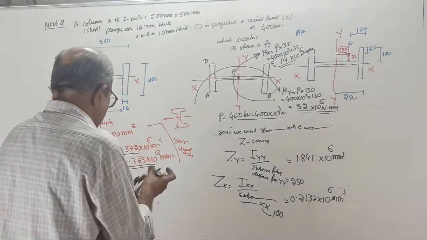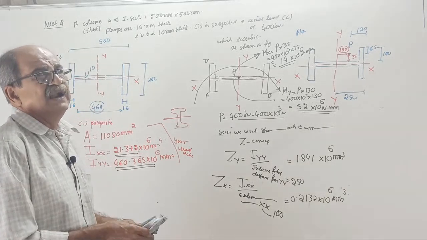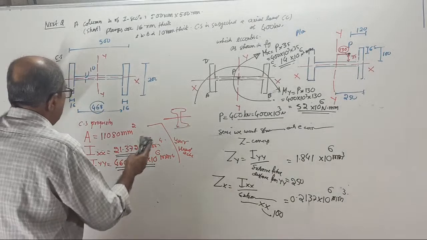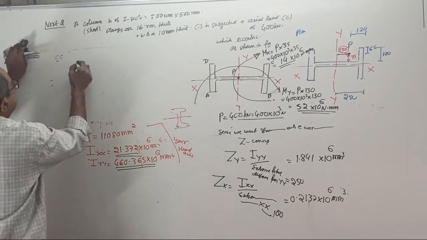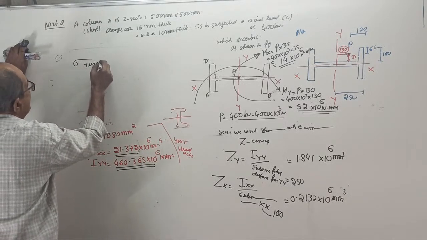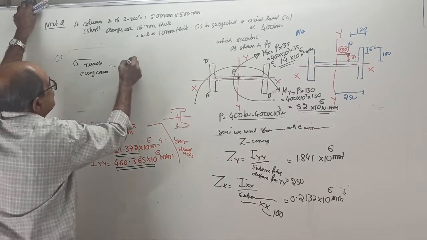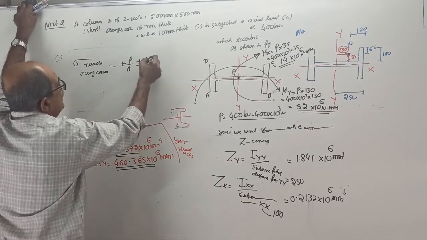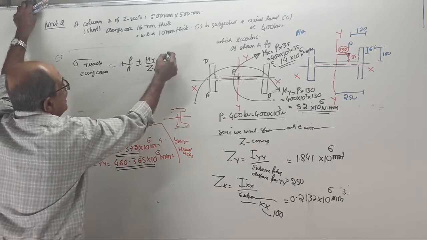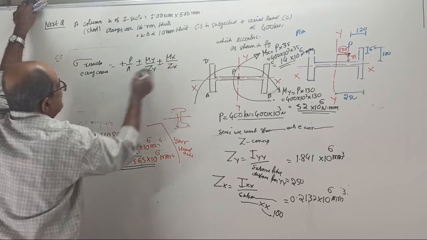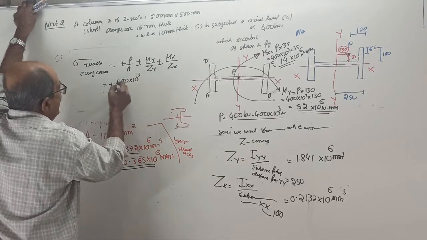Therefore, finally, see how simple it is now. Only thing is, you cannot find Z by BD square by 6. You have to find I and Y maximum. Therefore, see, sigma resultant at any corner equals plus or minus P by A plus or minus My by Z about Y plus or minus Mx by Z about x, equal to P is 400 into 10 to the power 3 divided by area is